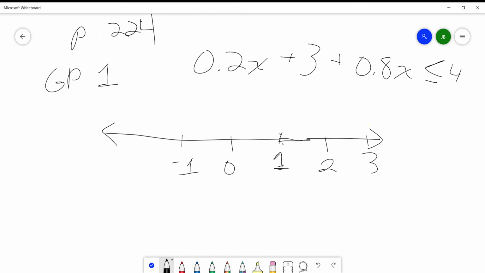We can combine these terms right here. We can combine this, and we end up with x. 2/10 of an x plus 8/10 of an x is just x. So we're left with x plus 3 is still less than or equal to 4. We can subtract 3 from both sides. And if we do that, it's going to end up with,